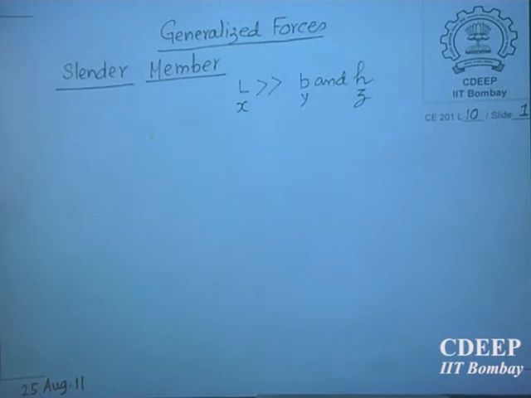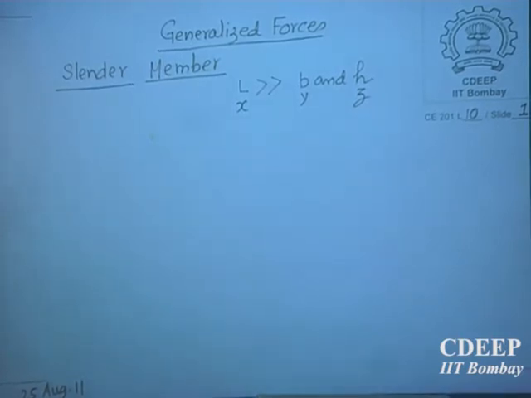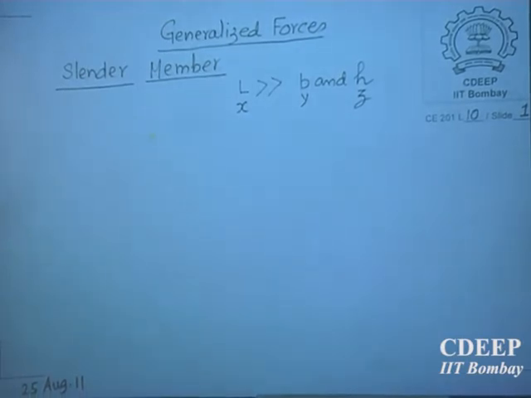Our preoccupation in this course will be only with slender members, and the reason is that majority of structures, because we are dealing with structures actually, not a single member, consist of a number of members which are interconnected. For example, this building, you have beams, you have columns, at the bottom from the ground you have footing, then we have a slab on which you are sitting. Slab is this flat portion which is subjected to transverse load. So from slab the load goes to the beam.